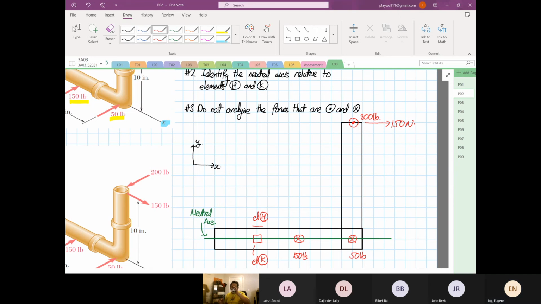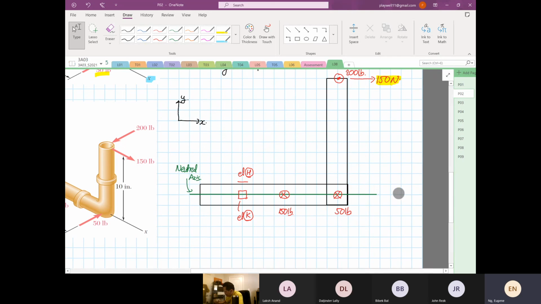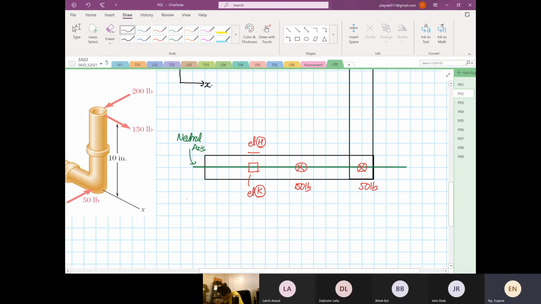Okay, then you look at over here. The only force that you have to analyze based on this view is the 150. Okay, is the 150. So the 150, what is the 150? Okay, so now everything we are going to analyze